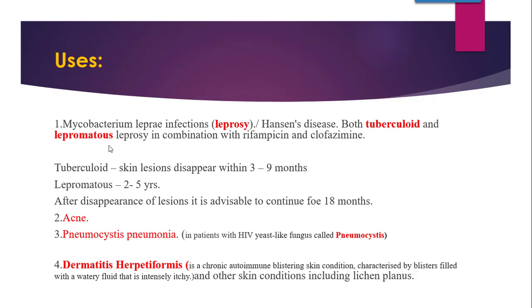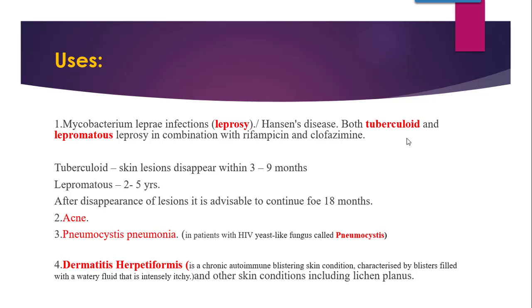Though these forms are not important from exam point of view, since to understand the uses of dapsone, what are they, what are the symptoms of them, what is the difference between tuberculoid leprosy and lepromatous leprosy, which one is more severe, all these things we are going to cover in the video of types of leprosy. So you are supposed to remember that dapsone is used in both the forms, tuberculoid as well as lepromatous leprosy.